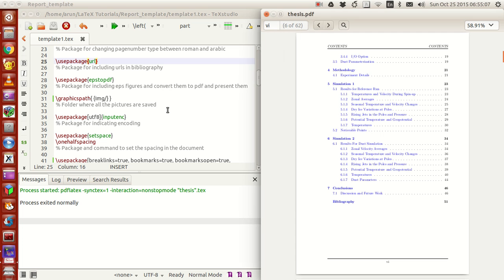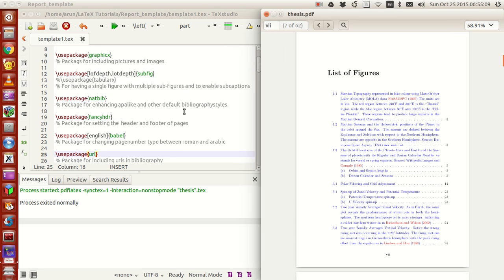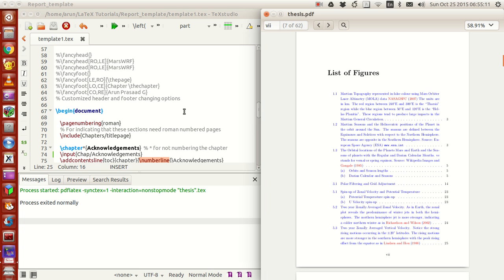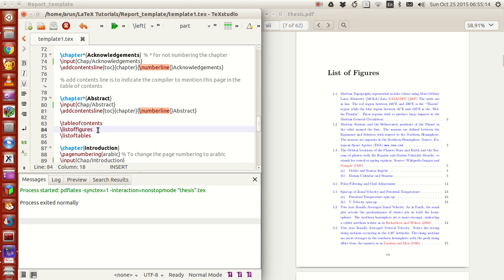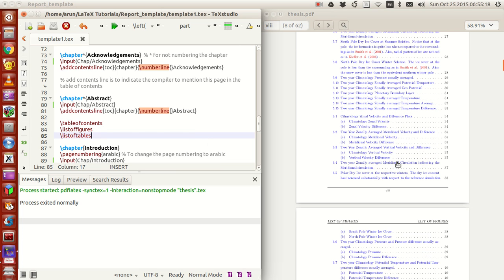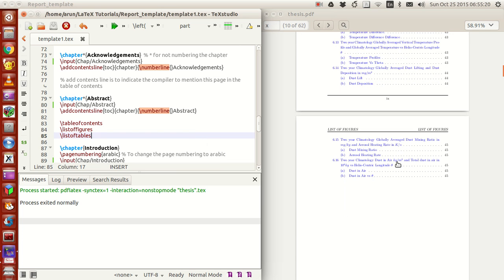Okay, and presenting the list of figures and list of tables, that's about it. Now let's look at